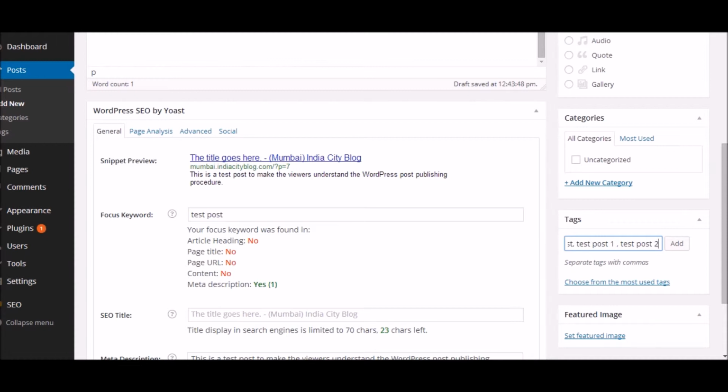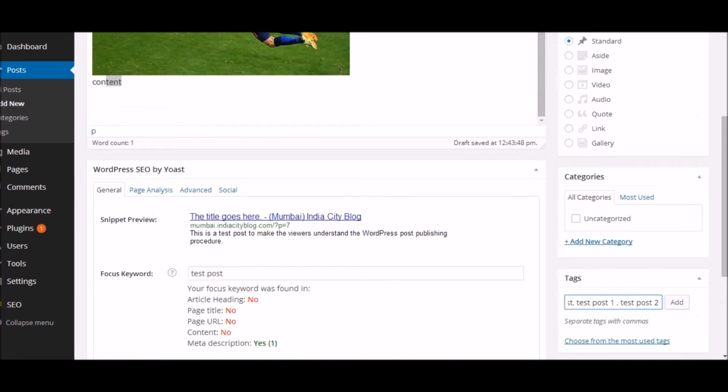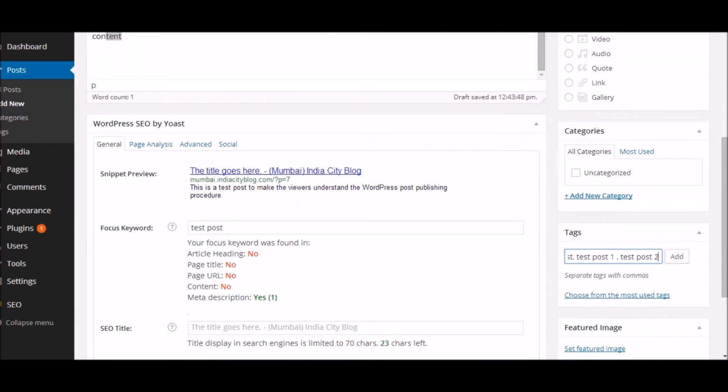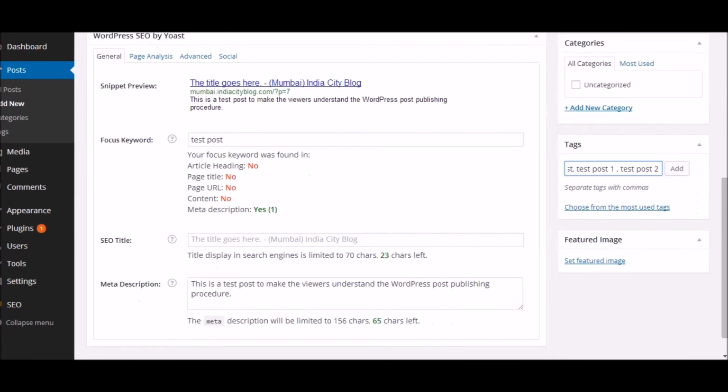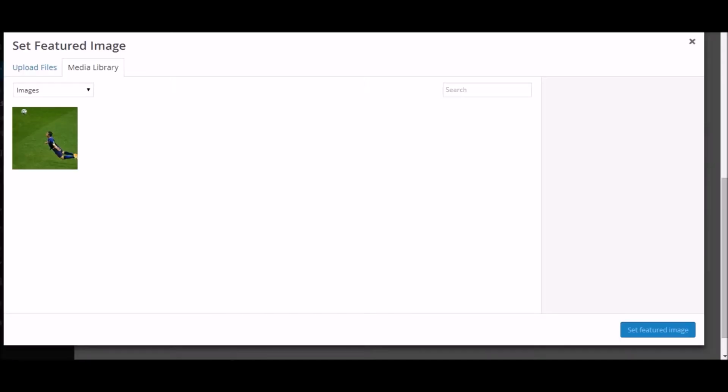So once you are done with that, you come to the featured image. Now featured image is an image which is shown on the home page with the title of a post. There are two kinds of images. One is the post image which you have already inserted inside the content, which will be shown once someone visits the post page. Now on the front page, on the home page of the blog, the title and the description and featured image are visible. So you need to set the featured image right in front of this.